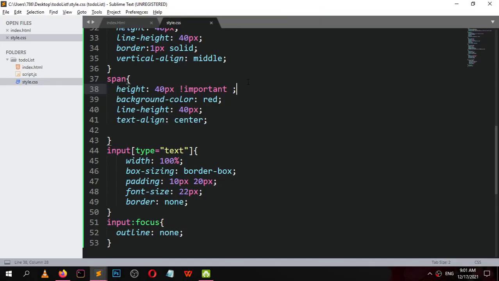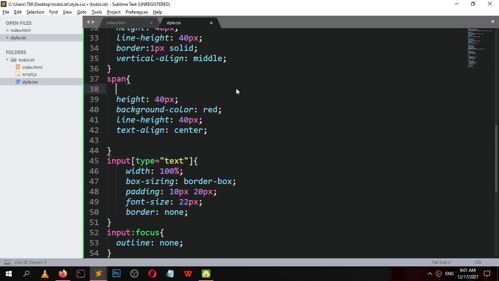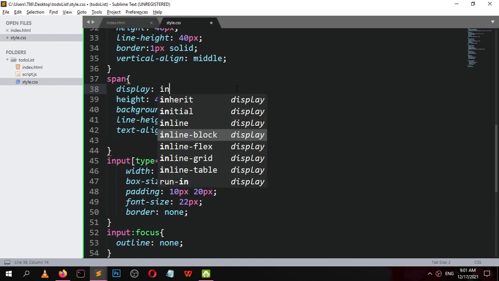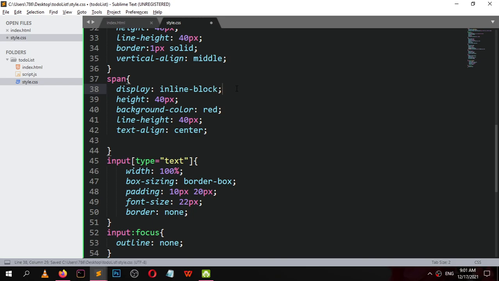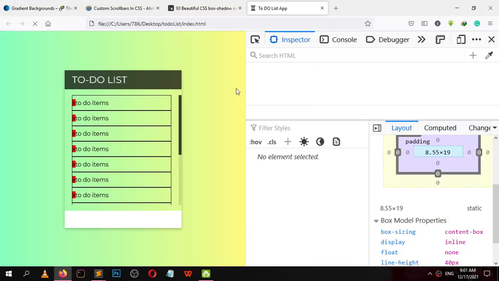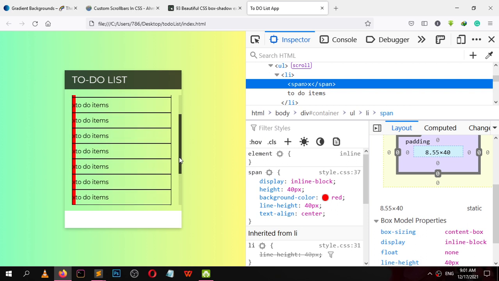The problem why it is not taking a height is that the span element is inline. The display for span element is inline. So change the display to inline block. Now it is 40 px. Here we go.